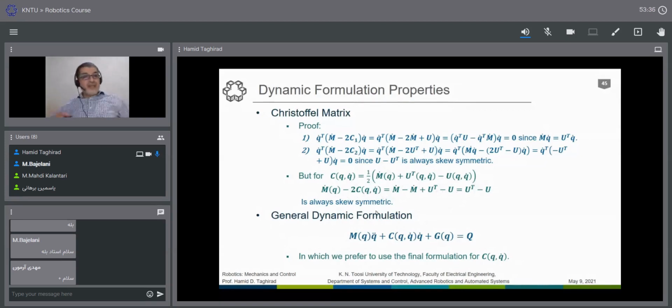We have a lot of mathematics written here. We don't want to use all this mathematics. We use the fact that Ṁ minus 2C is skew symmetric. Remember that for the future. And the final